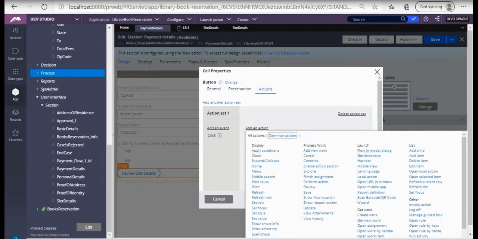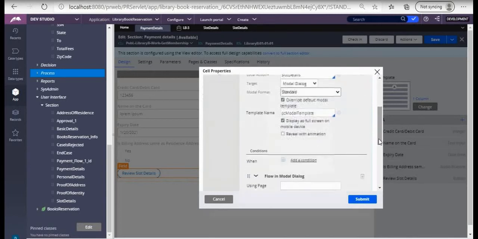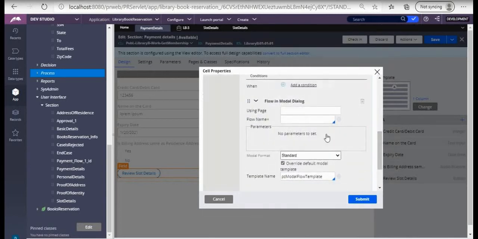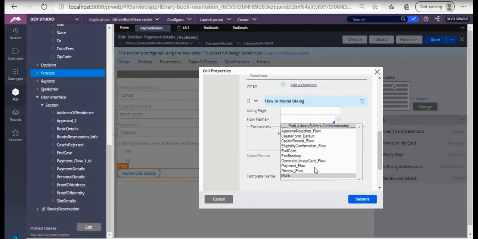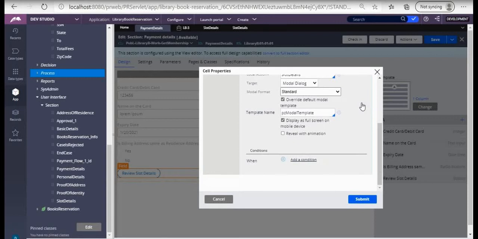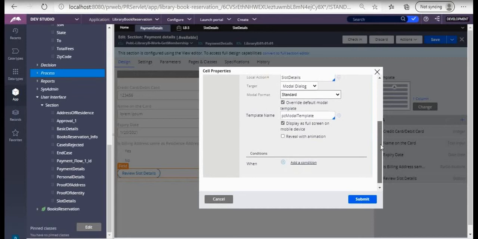Flow is process, right? So the process will come. You select this, then can you see flow name? It will ask what flow you want. So that flow name will come up out here. So if you have such a requirement where the flow should also run, then you can go with this.